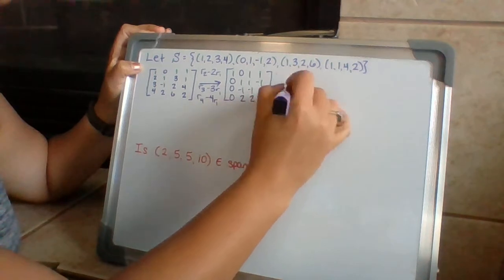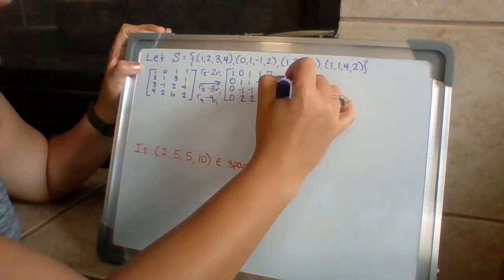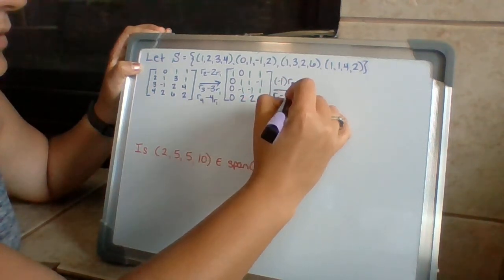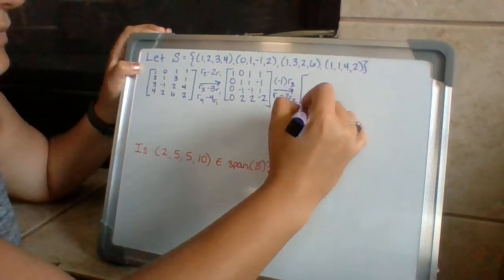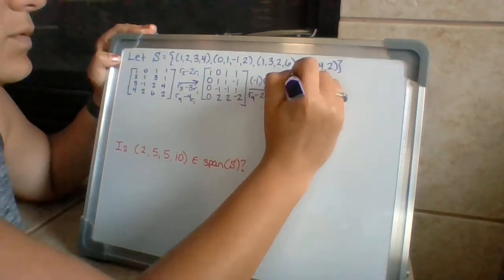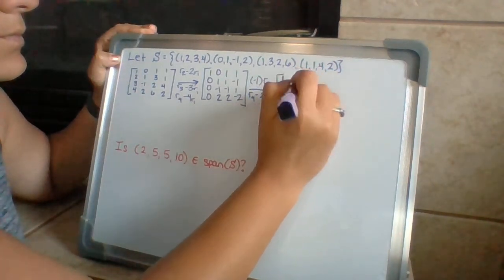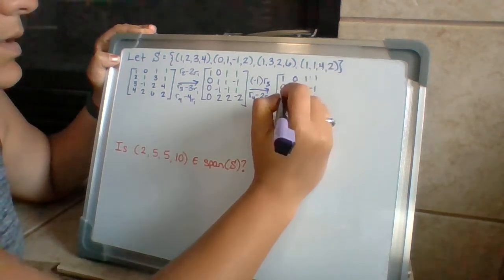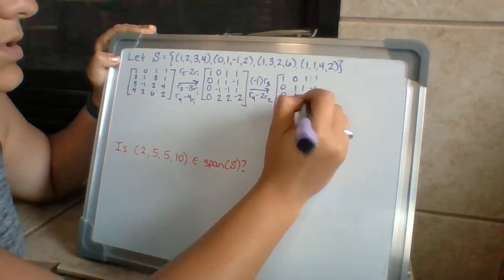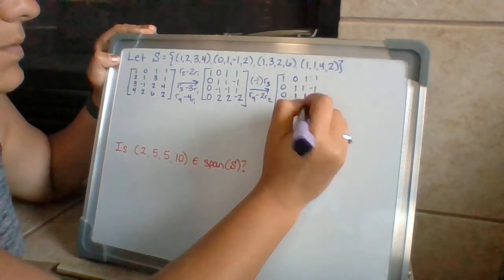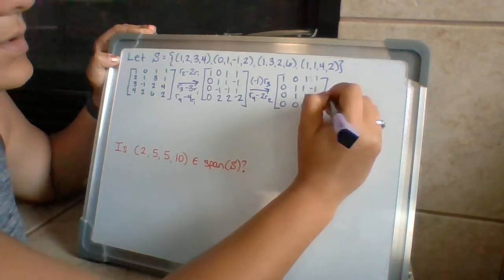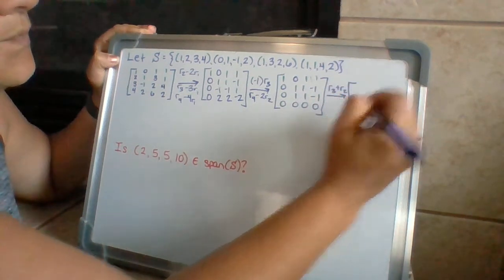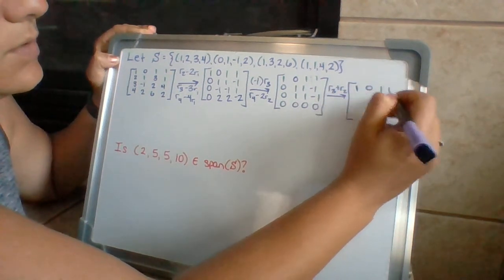Okay, and from here, I change the sign on row 3. I take row 4 minus 2 of row 2's. I can pretty much get rid of row 4. Changing the sign, getting rid of this one. And now if I add row 3 to row 2, I get rid of that one also. So, reduced row echelon form shows me